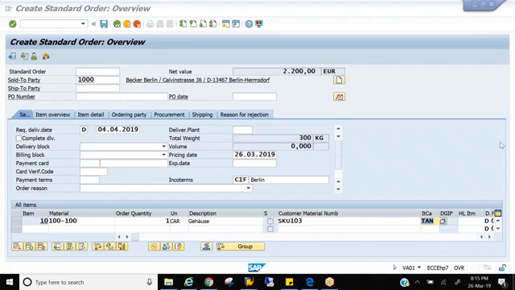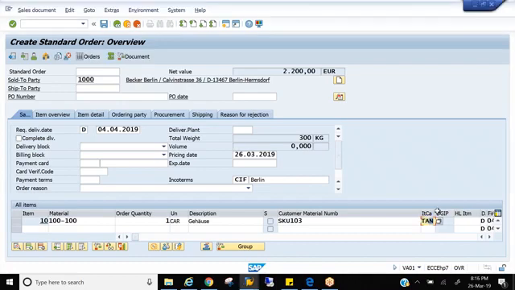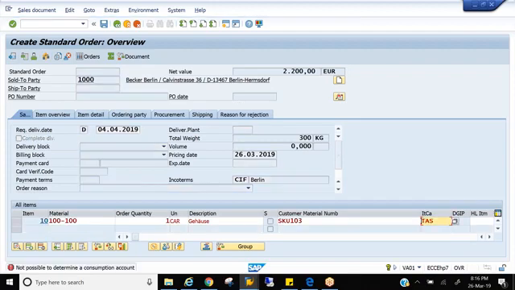TAS is not possible here, okay, there is some consumption or accounting issue. If not, the system should allow it to change, or else I'll change it to free goods TANN. Now you see the system allowed me to change this item category from TAN to TANN. So how is the system allowing me to change this? That is through the manual item category.